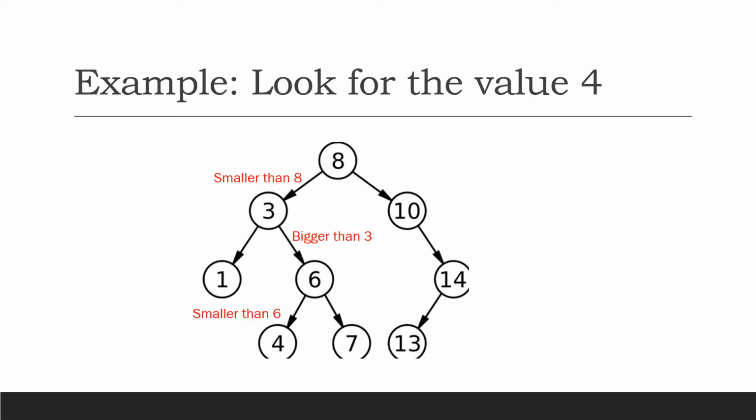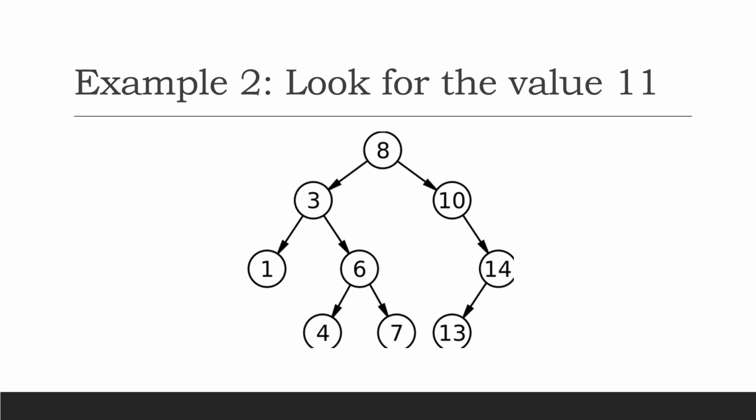So following this rule, if a data value is in the tree, we should go straight to it by following this rule. But what if the value isn't in the tree? Let's look for the value 11, which you can quickly scan through and see it's not in the tree. But if we're a computer and we can only look at one value at a time, if these values were stored in a linked list, we'd have to go through the entire list to find that 11 isn't there, so